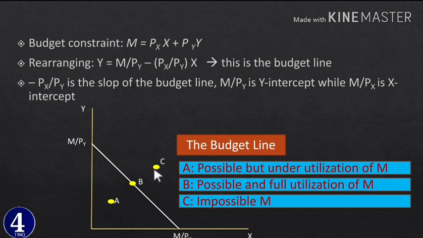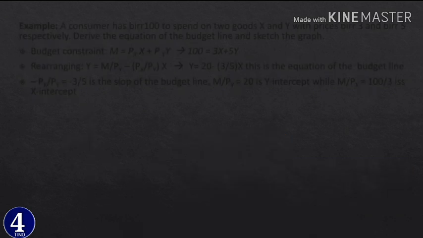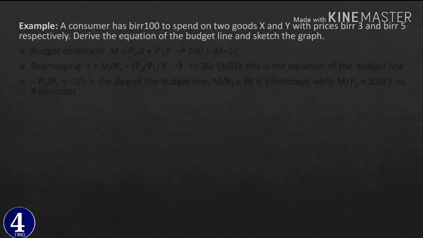point A is underutilization of our money, point B is full utilization of our money, and point C is totally impossible because we have a limited amount of income ማለት ነው። okay, let us see አንድ ኤግዛምፕል እና እንልመድ እስቲ። a consumer has 100 ብር አለው okay, and that consumer is willing to consume two goods x and y consume ማድረግ ይፈልጋል and price of x 3 ብር ነው price of y is 5 ብር ነው